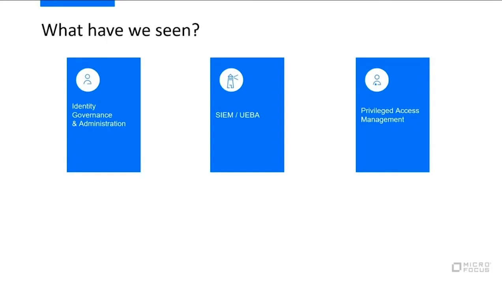So throughout this presentation, in its various scenarios, we've seen identity governance and administration through provisioning, managing the identity lifecycle. We've seen a SIEM solution or user entity behavior analytics, where we notify the correct individual that there was suspicious activity going on. And then through privileged access management, where we were able to gain full visibility into the actions and commands run in that connected system. In this case, it was SAP, and Kim Long was doing some sensitive work in that via SSH.